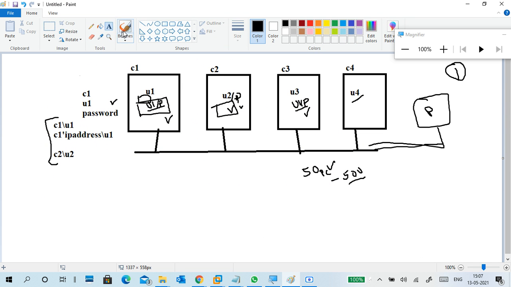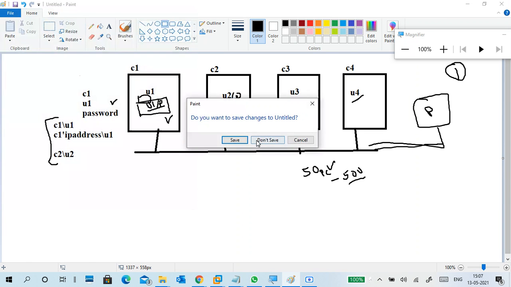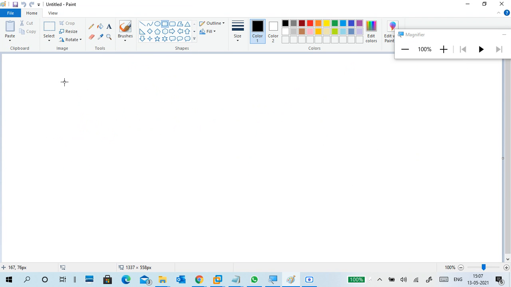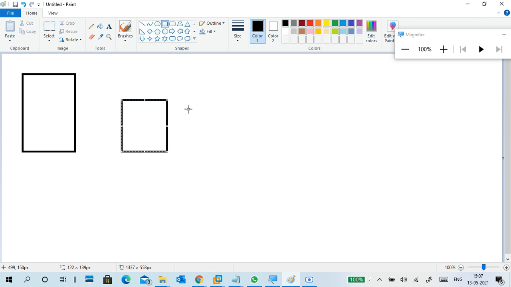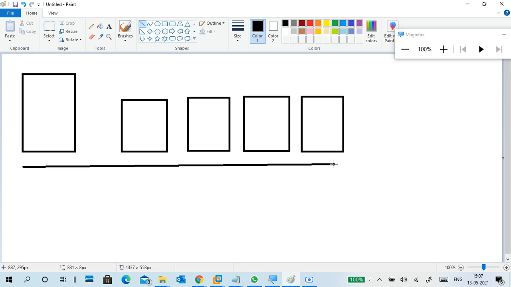For example, I have a server now. Space is there, so I will go to new. This is my domain controller server, and all our PCs are available. Guys, a lot of terminologies are there. You have to slowly learn and remember each and every terminology. Okay, then only you'll understand everything. If you have a doubt or if you want me to explain it again, I can also explain.